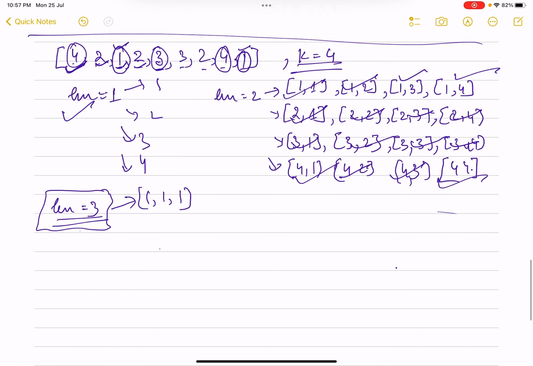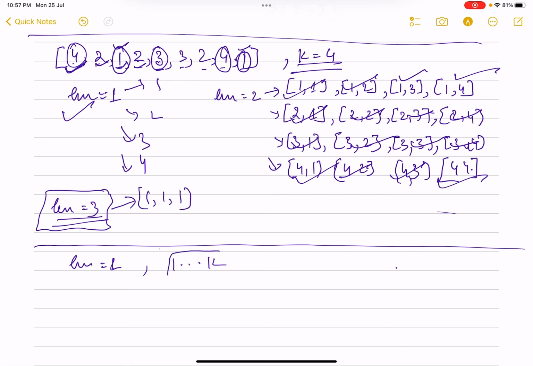Now let's come to an observation which will make this problem not so hard, right? Now just see, consider length equals to 1. For length equals to 1, irrespective of where the numbers are occurring, all we want is that numbers from 1 to k should appear in the array, right? If numbers from 1 to k are appearing in the array, that means length equals to 1 is satisfied. Our answer cannot be 1. It can be 2, but for length equals to 1, we have all the sequences, right?